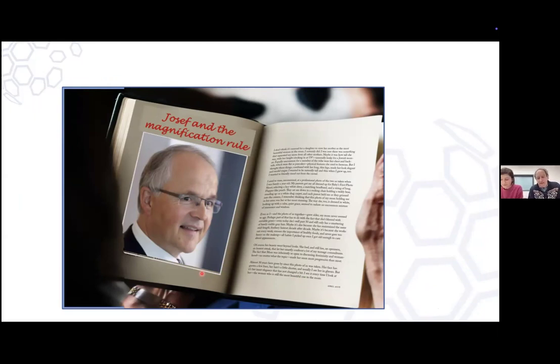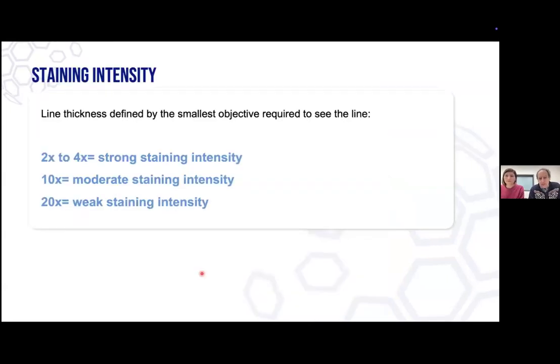Joseph is a great teacher, and he's trained a lot of people in HER2 interpretation. He's also done a great amount of work in gastric HER2, not just in breast HER2. Okay, so Joseph's rule says that if you see a line, and this only works for lines, by the way. If you're looking for cytoplasmic staining or nuclear staining, it doesn't work like this. But for lines, if you see a line at low magnification, let's say ×2 or ×4, this is strong